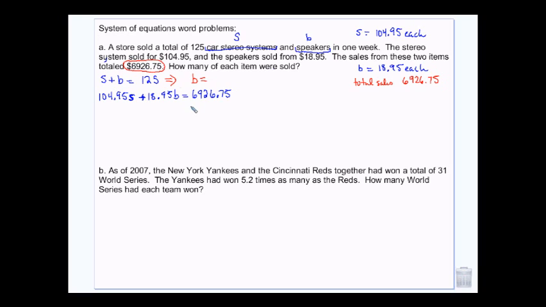So I'm going to make this B equals, and to do that I'm going to subtract S from both sides. So I can do 125 minus S, and I'll take that and plug it in for B. And like I said, it doesn't matter if you use B or S on that, because you'll end up with the same answer. It's just a personal preference as to whether you'd like to multiply by what. Okay, so once I'm plugged in,